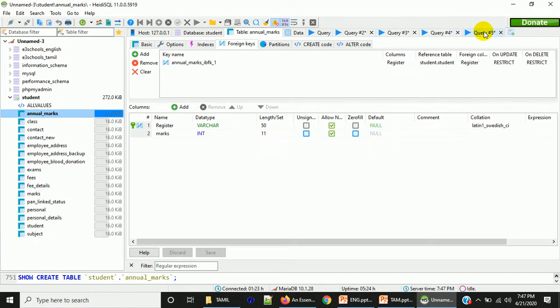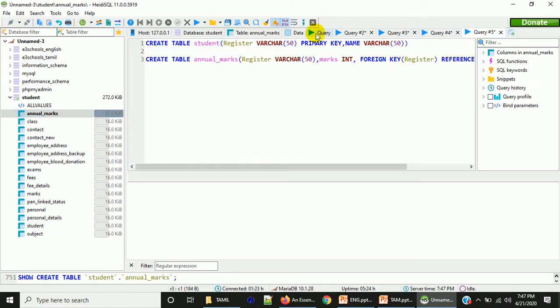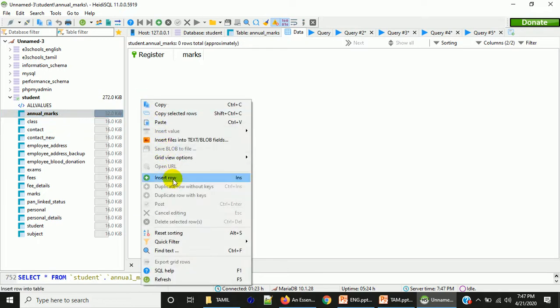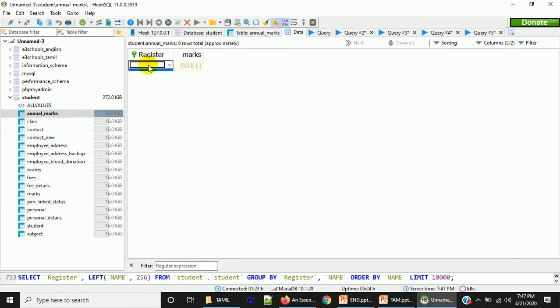So what is the actual advantage, or what is the actual usage of this foreign key? Now I will insert annual marks. See, when I try to click, I mean try to type something, it is showing me a drop down list box, which means I must add any one of the values that is present in this drop down list box. So what are these values? Where are these values from?